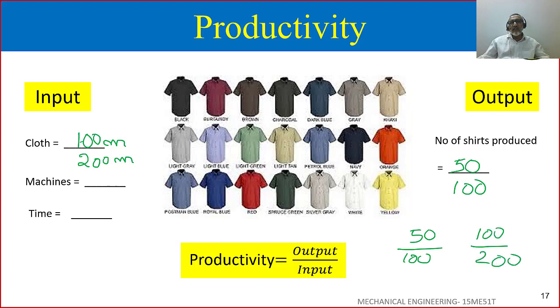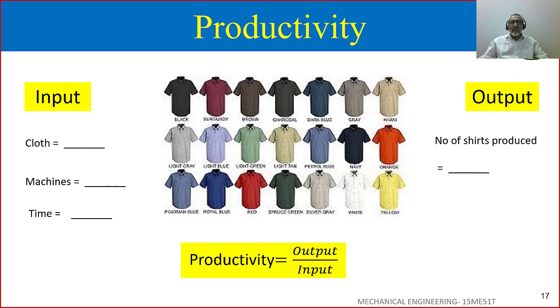The productivity has not increased but production has increased. From 100 shirts it has gone to 200 shirts. Production has doubled, but the productivity has remained the same. Now if I have to increase productivity, what I have to do is, for the same